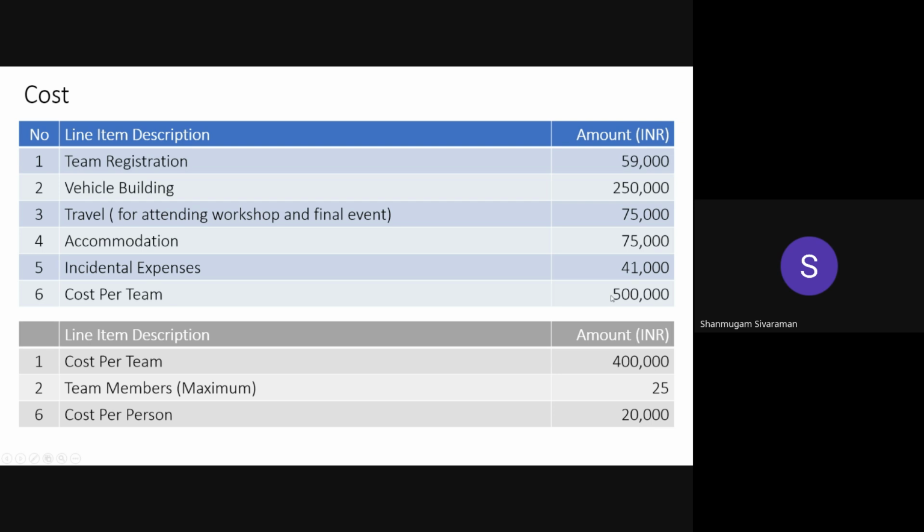Then design review 3 is the final event where you will get an opportunity to test the vehicle. You will not only test your vehicle, you can also see what other teams are doing. So this is the simple event flow. Now,